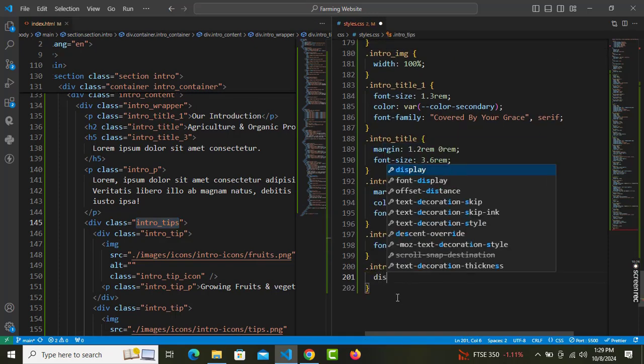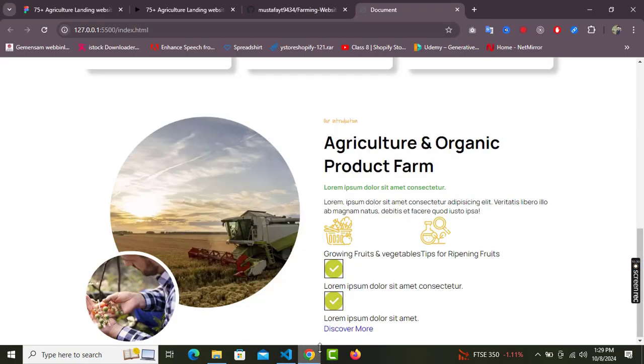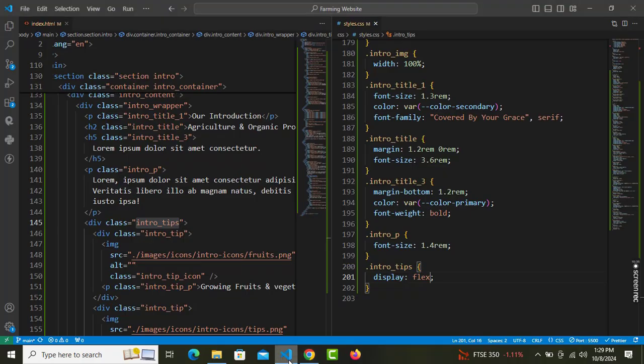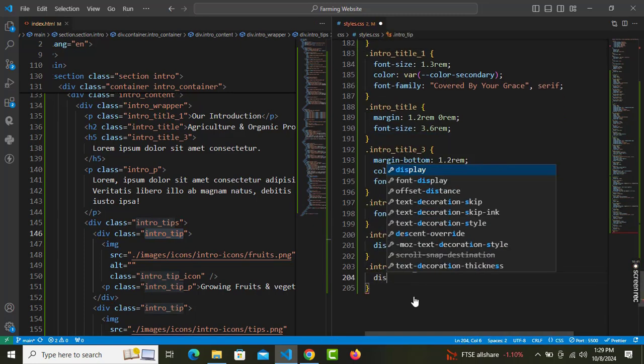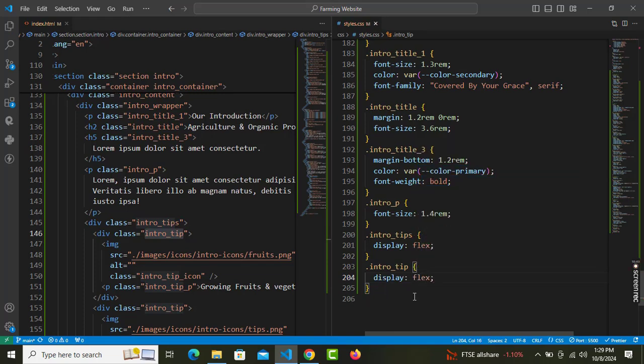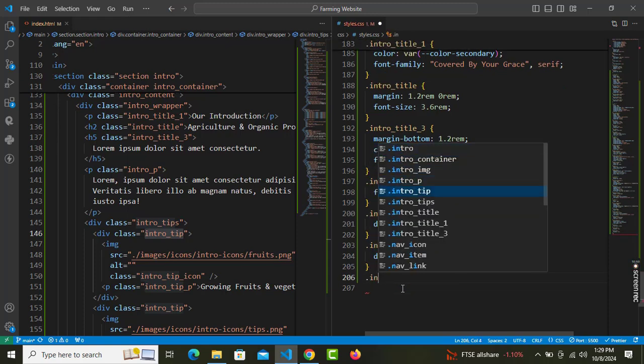Make it display of flex. Now these are side by side. Also, what else do we need on this intro tip? A display of flex as well. Also, this tip will have dot intro tip